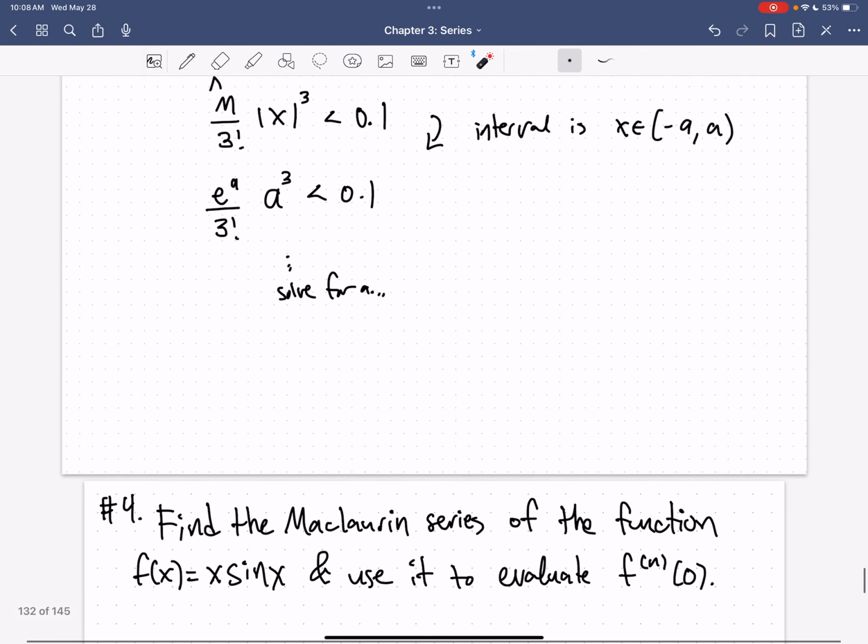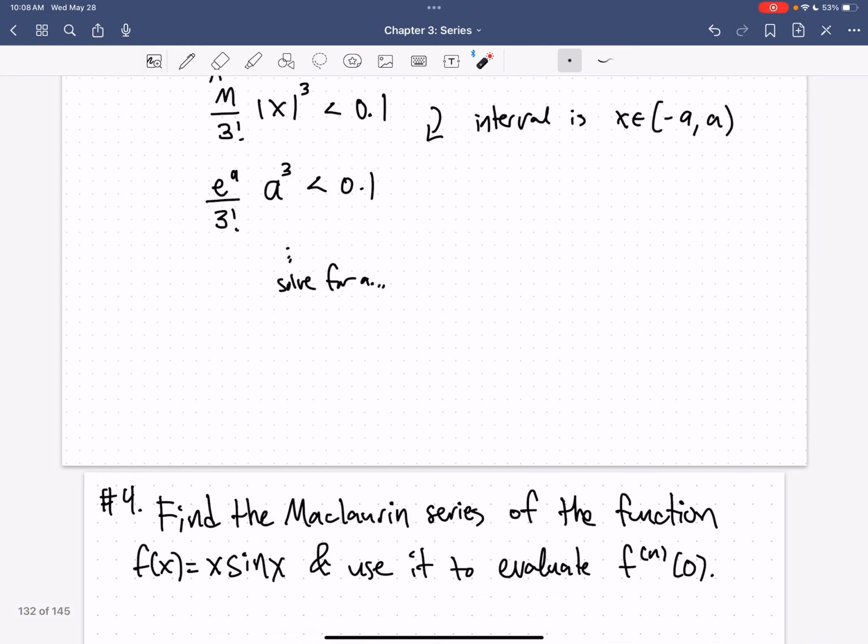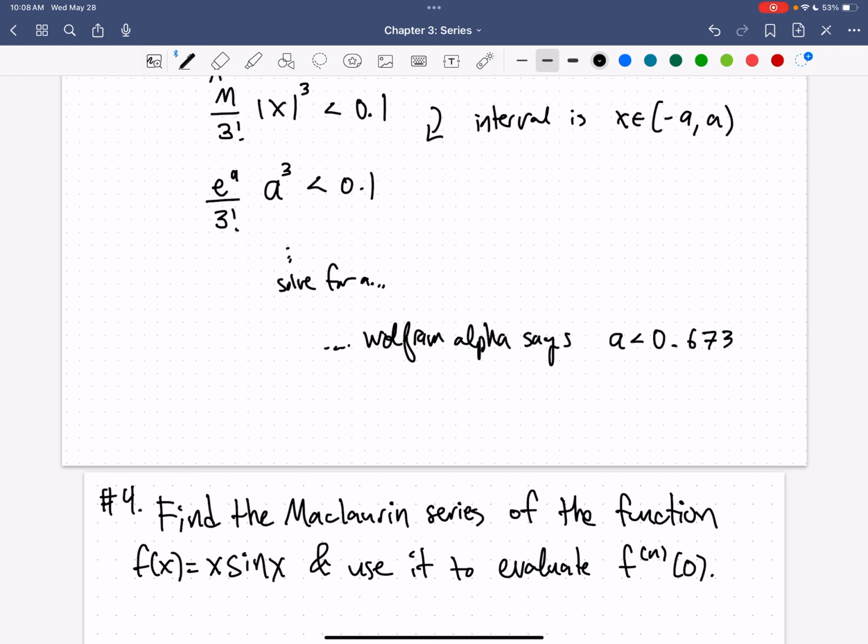Well, Wolfram Alpha says that a would have to be less than 0.673771. And so that means that the interval that we could look at